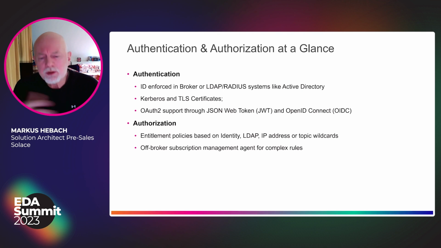I say entity because it could be a user, it could be a machine, it could be something else. So I would not always say that it is a user. Of course, you can also use off-broker subscription management. This is some enhanced functionality, and I will also show that. But let me first